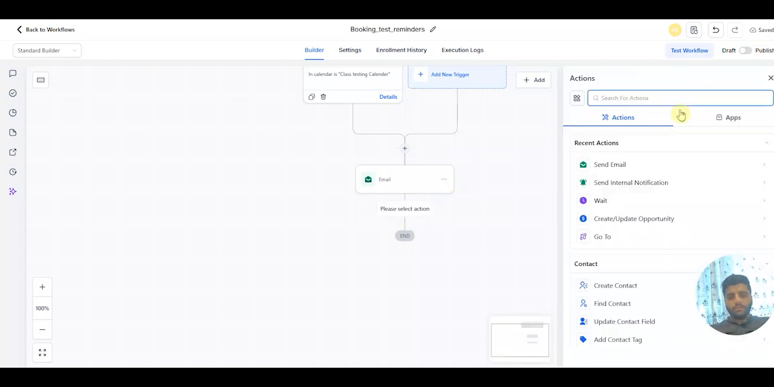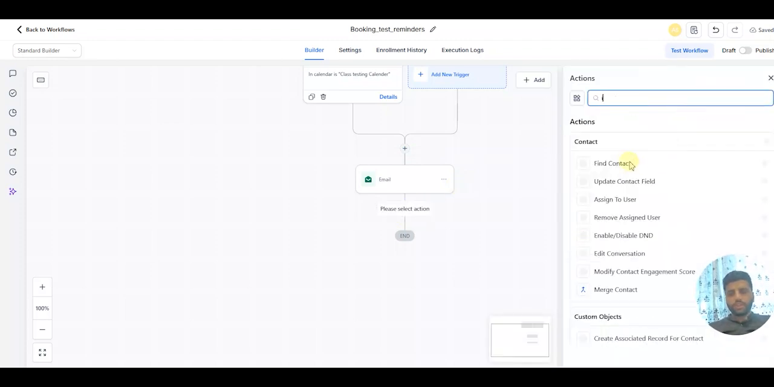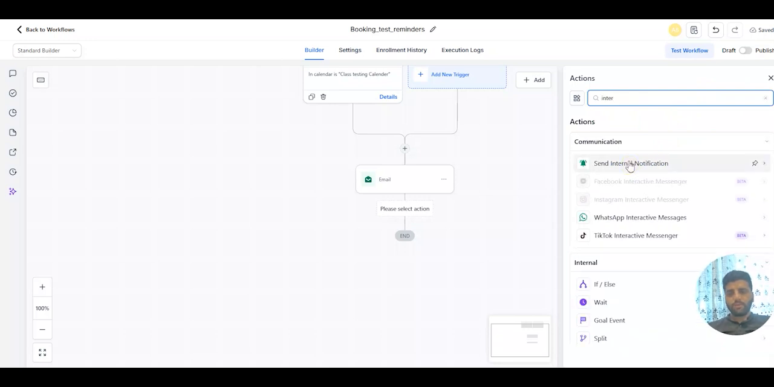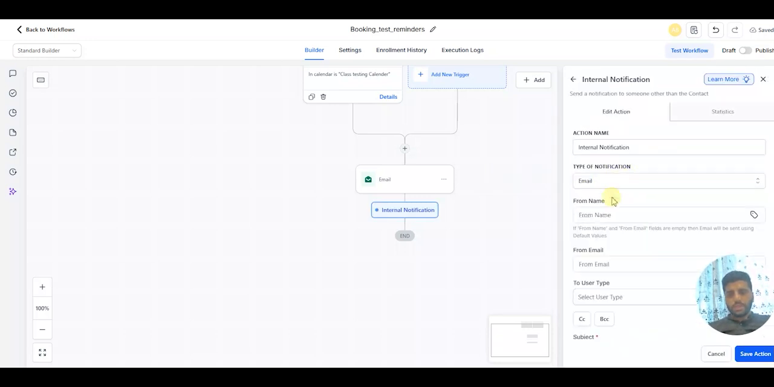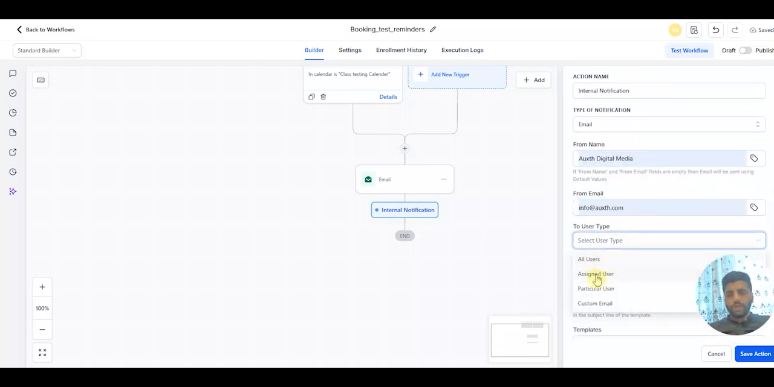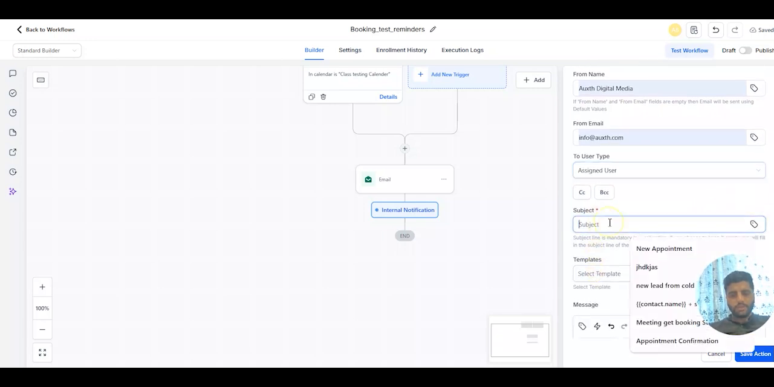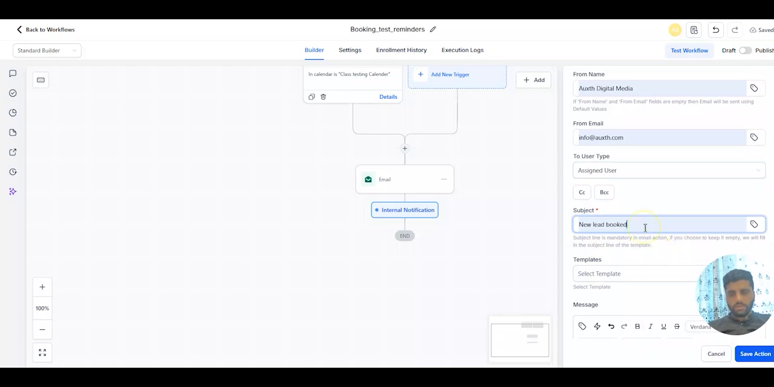And then we need to send an internal notification to our team as well, so that they will be notified that somebody books an appointment. Okay, it's an email, and then from Oxygen Media, it can be the assigned user, then you lead booked appointment,